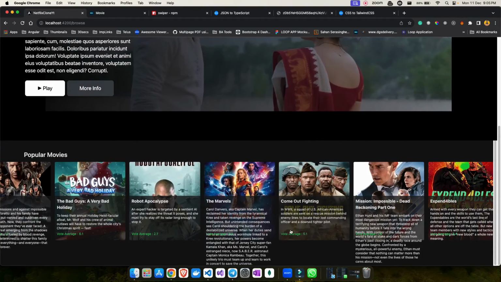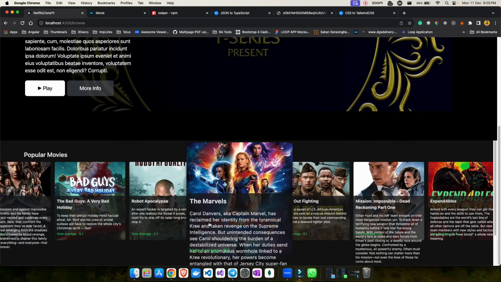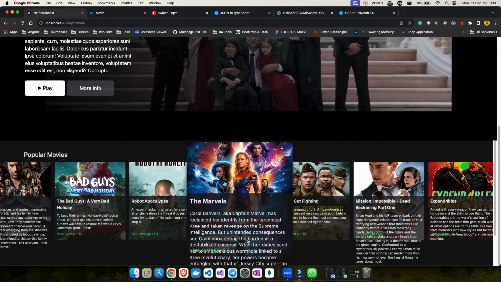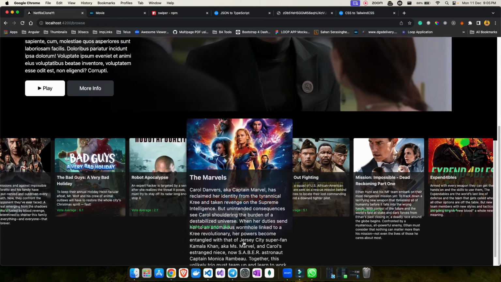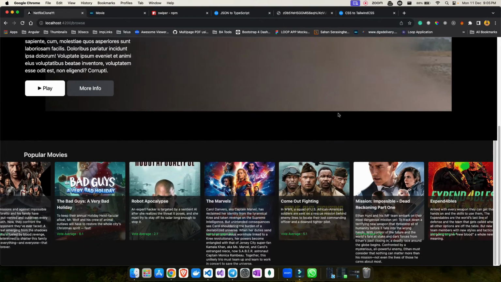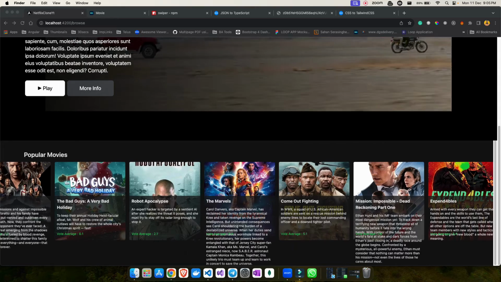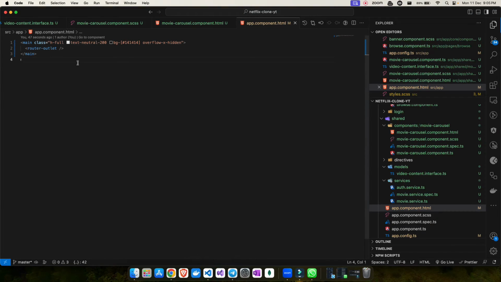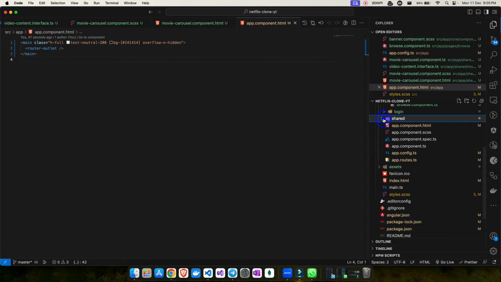So I can be smart and create a substring, and remove the extra content. I should only allow 140 characters or something like that. If you want to see more, then you should click on this movie and see it in the view detail page. So how do we create that in Angular? Rather than doing it one by one, looping into it for each, we will create a pipe inside this shared folder.